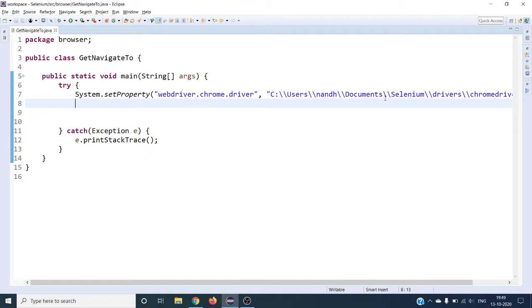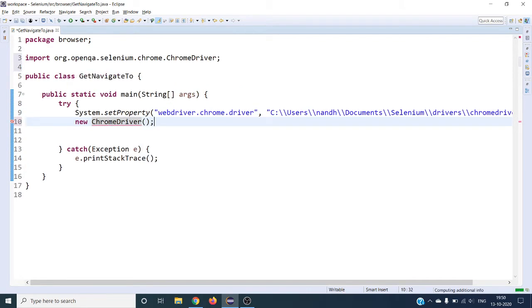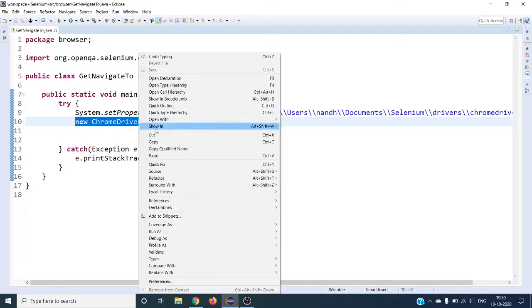So before starting with any script, when we are going for manual testing, first we have to open the browser, right? And then we have to launch our application URL, correct? So in Selenium, how can we open the browser? We have to first choose which browser we have to launch. Say if you want to launch Chrome browser, we have to give Chrome driver. This statement will open your browser. Let's see how it will open.